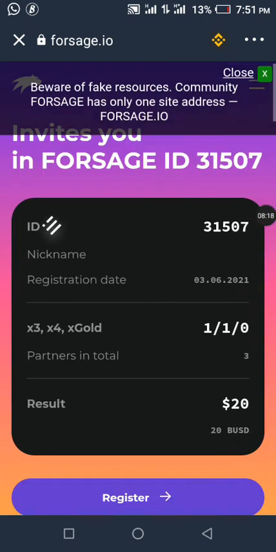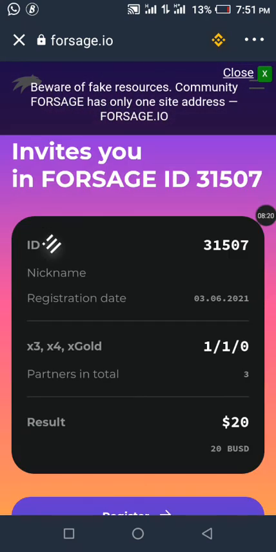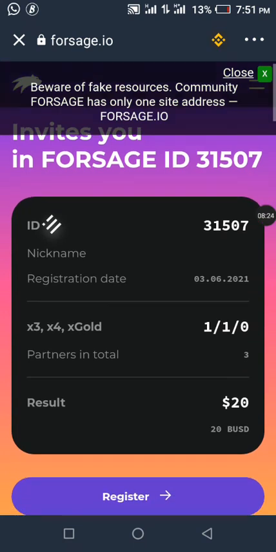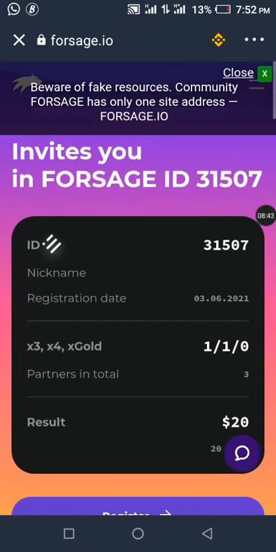Alright, this has loaded us into the page. It has told us the person who invited us, this is the referral link. It's very, very important that someone refers you. So it matters the team you belong to. On Forsage, it matters. You can just go and register randomly and say, okay, I have the wallet, I have the website, you register. You will not make the money. Forsage will just place you anywhere in the world.